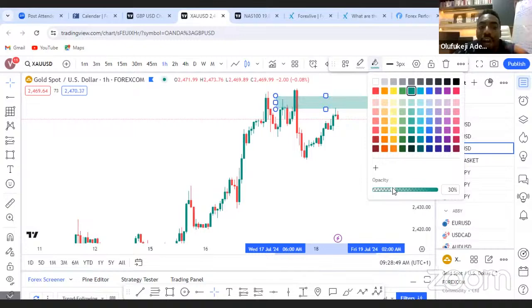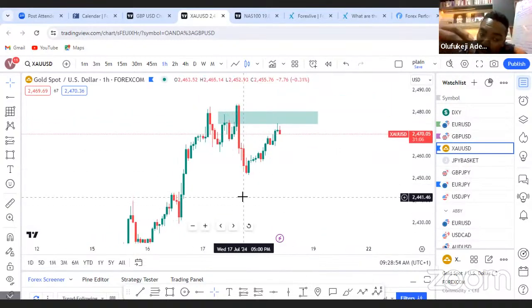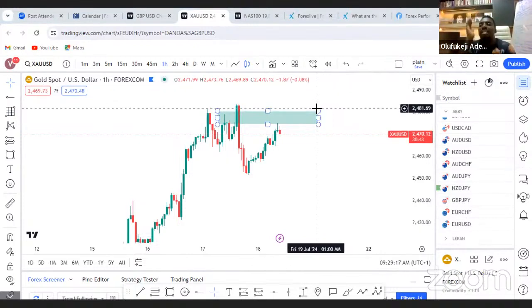That's gold. And if you check the correlated pairs to gold, they've been coming down. So for me, until I see yen basket selling, because it's the only correlation I can use now to trade gold. That's a clear technical setup and it's supposed to come down. But I would like to put yen basket to interplay with yen basket. I'm not going to trade gold until I see it follow what US bonds are doing and follow what the